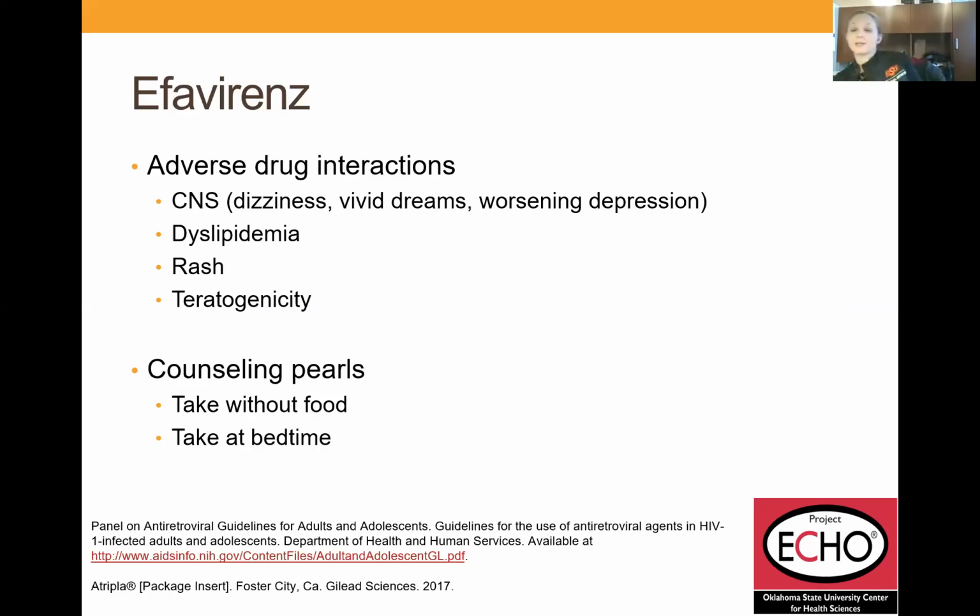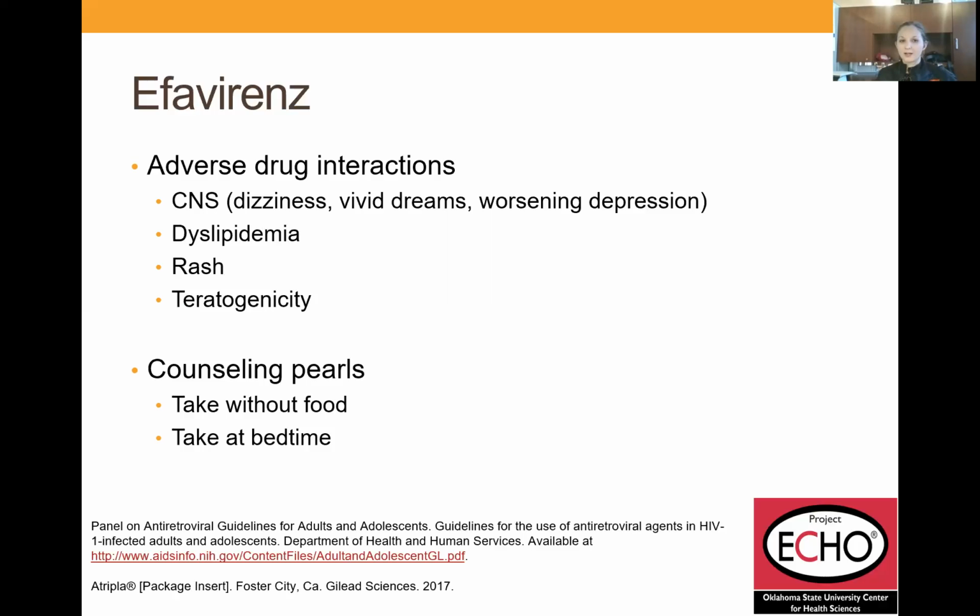It did cause some patients problems, including dizziness upon wakening, and some patients would describe it as they just felt drunk all the time. They also can cause severe dyslipidemia, specifically hypertriglyceridemia. I have seen some of the highest triglycerides of my career on efavirenz, and it does not respond to medication therapy. So statins don't do anything. Your fenofibrates really don't do anything. The best way to treat it is to get them off of efavirenz.